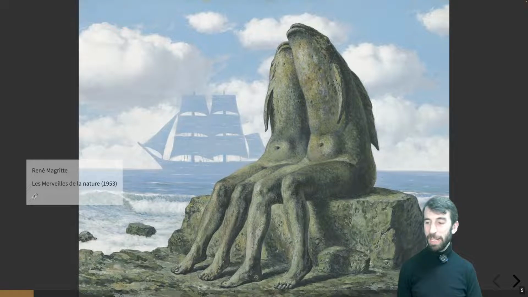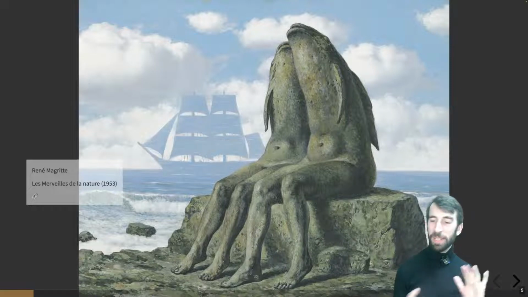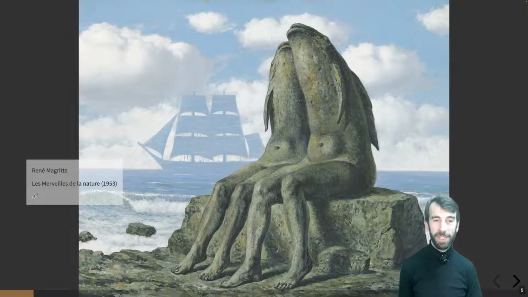Most people, most artists, use their life to develop ideas. And we've discussed this many times before, but I'll just give you another example showing this work by René Magritte. This work about mermaids or mer people, the mer people in nature. And it's a painting, there's a ship in the background, there's the sea,